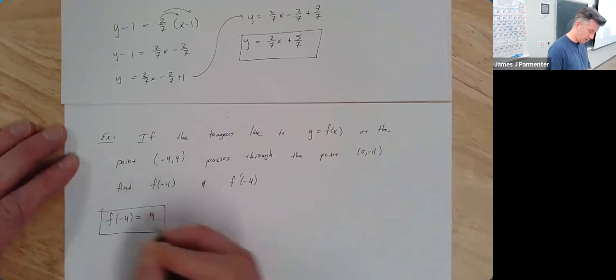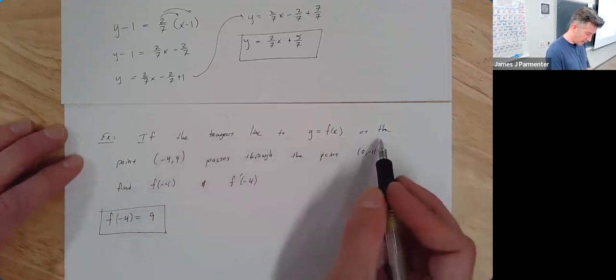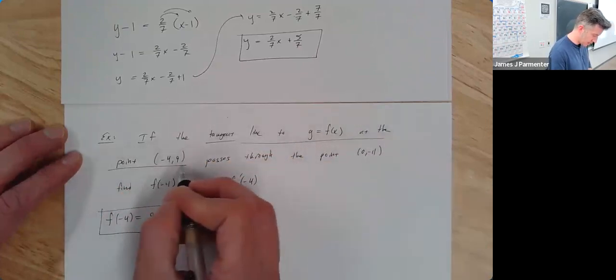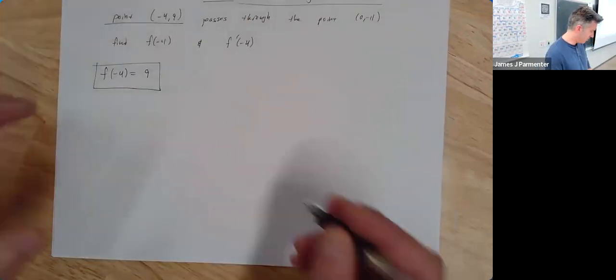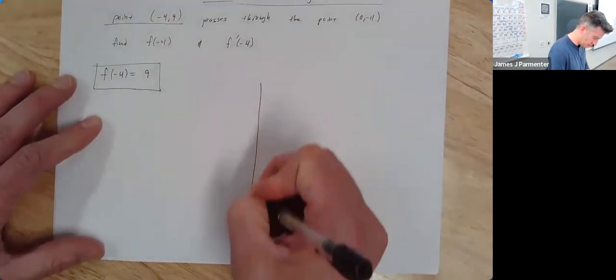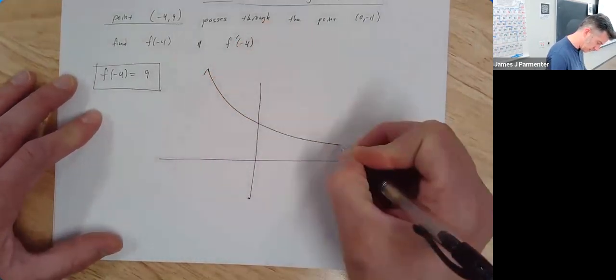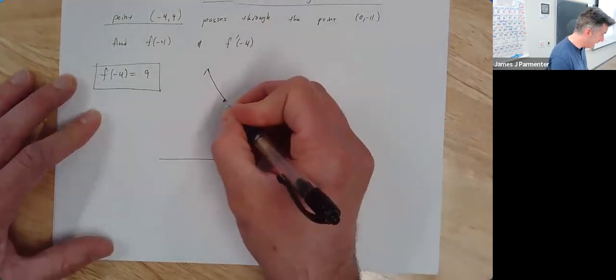And that is coming directly from the fact that this function has a tangent line at this point, which means the tangent line goes through that point. Let me show you graphically what's happening here. I don't know what this function actually looks like, so I'm going to make something up. Let's say my function looks vaguely like this. I'm really just making it up. And here's the point of tangency,